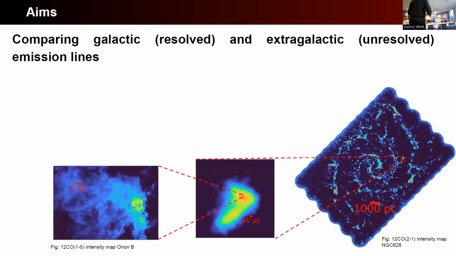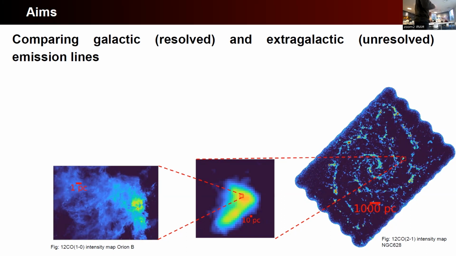Well, as Jerome said at the beginning of the afternoon, the observation and study of molecular clouds can be simply divided in two categories: Milky Way observation, everything that's in our galaxy, and extragalactic observation, everything that's outside. In the first case, the observations are usually considered spatially resolved, which allows complex analysis about the structures and dynamics of molecular clouds, like Jan did. But for extragalactic observation, this is simply out of reach because the linear resolution is at best about 50 parsec. So the spectra, the observations that we get, are